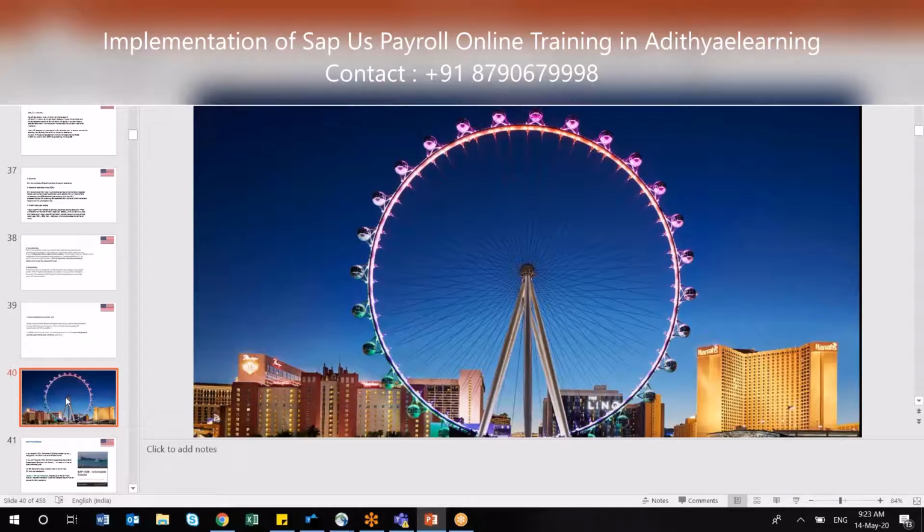Suppose you are not doing that patch upgrade or HR upgrade or whatever upgrade. Then you have to apply those 10 notes. Suppose SAP has released 10 notes for that country. You have to apply each and every individual note manually or through the wizard. Suppose you are upgrading to a higher patch level version, then it will automatically be taken care of. You don't have to do it manually. That is the concept, Andy.